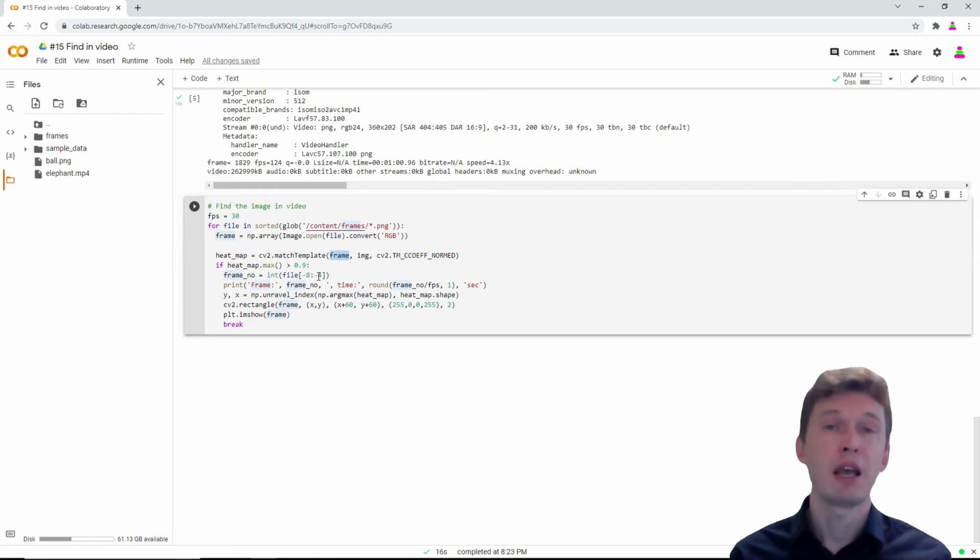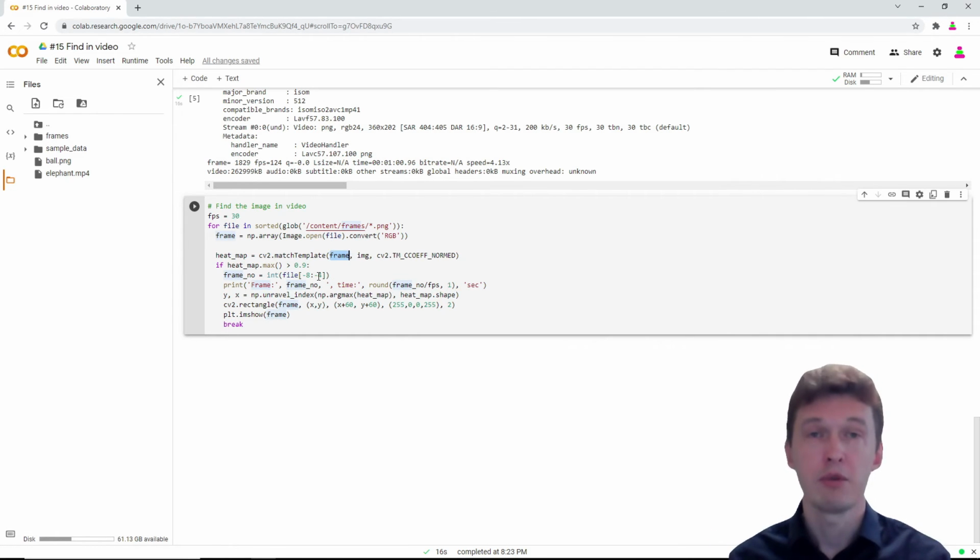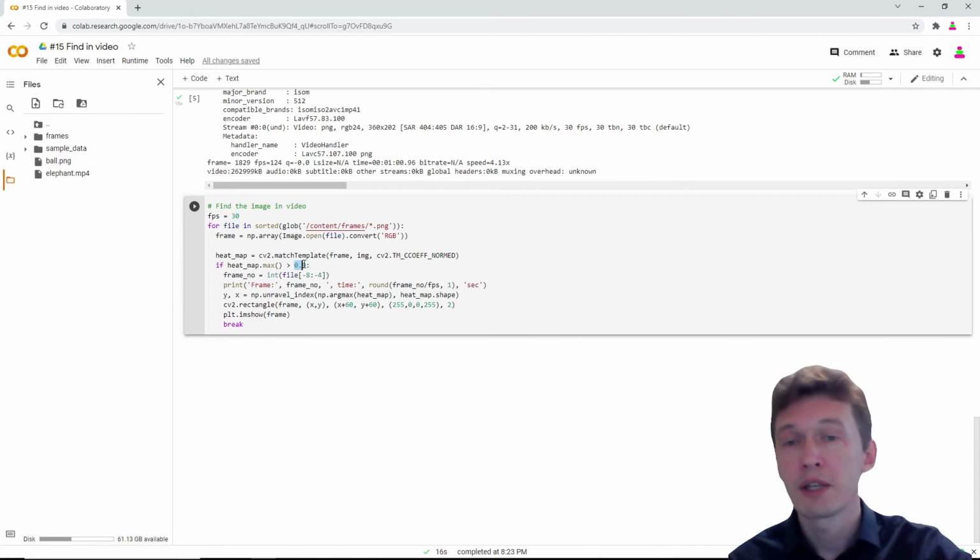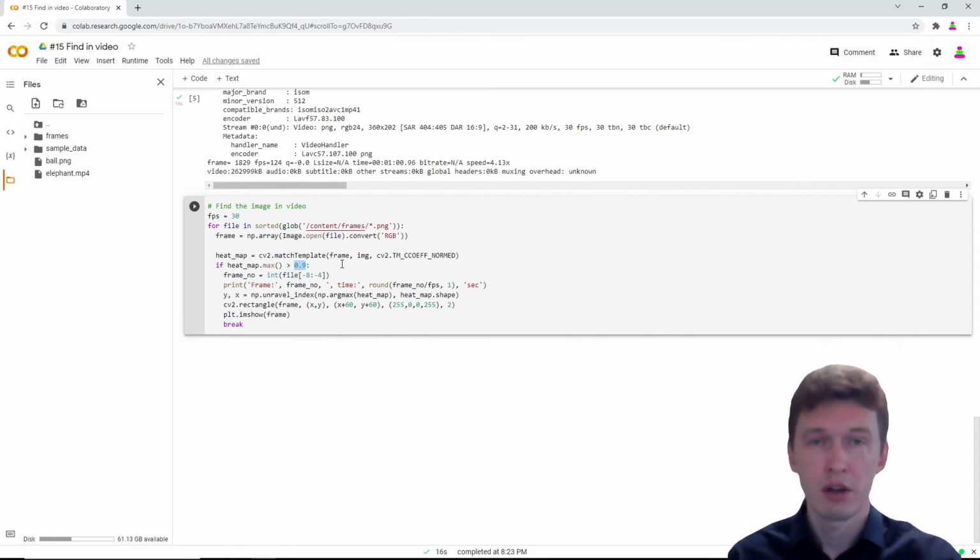It builds a heat map, and a heat map is really a picture with probabilities, where most probably the left upper corner of this sub-image inside the bigger image is. And wherever probability is higher than 0.9, we stop the search and we print out the frame number and the timestamp. We just divide the frame number by the frames per second rate. And we draw a red rectangle around the found sub-image.